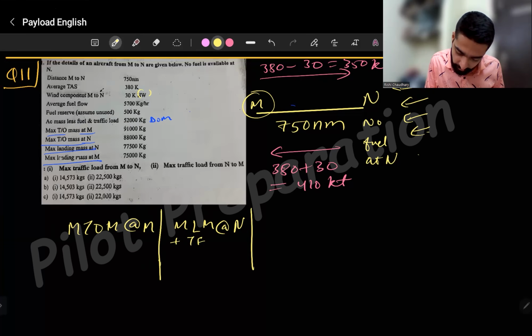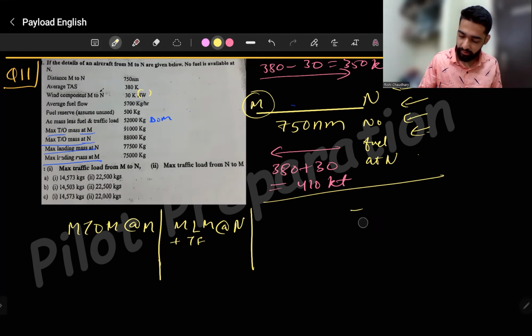Is it given already? No, trip fuel is not given, fuel reserve is. I'm not given trip fuel, so I need to find out trip fuel. First, I need to find out trip fuel. Now, trip fuel is not very easy to calculate in this case. So to calculate trip fuel first, what I will do is speed is equals to